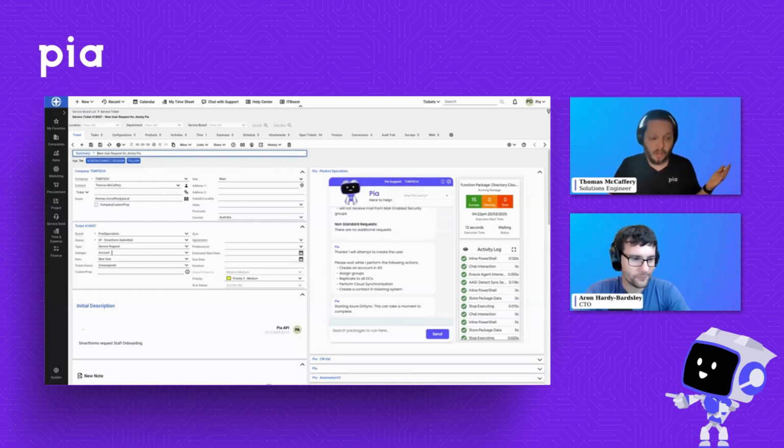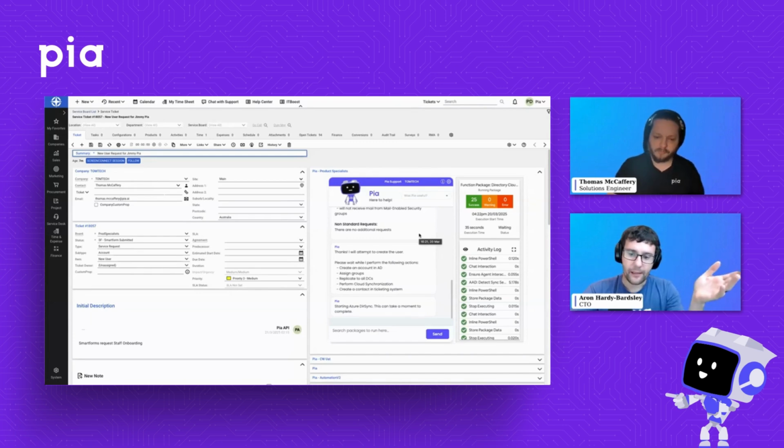We also have the type, subtype, and item that have been entered automatically. That is all configured in settings. We'll see in a moment. We can see the status and the board have also been part of that as well. But that's all very interesting stuff, but there's a lot going on over here on the right-hand side in the Pia pod as well. Now, Aaron, what exactly is going on here? What exactly is Pia doing while my engineer is jumping onto the ticket here?